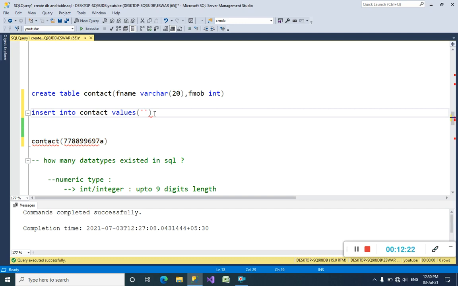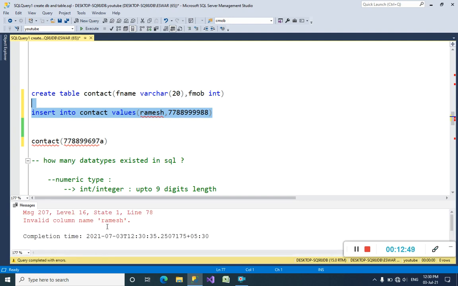I want to write my friend's name as Ramesh, in single quotes, and the mobile number like 788999988. These values are not going to insert, and I will tell you why. Invalid column name is Ramesh.